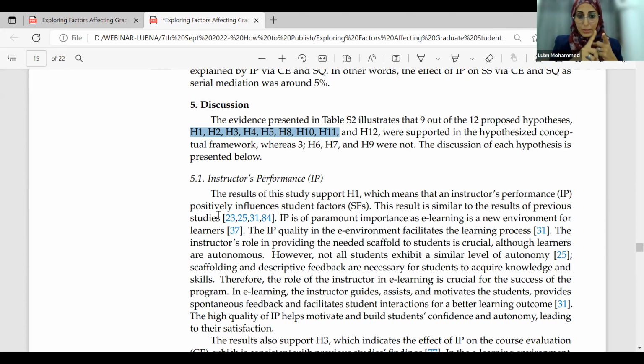Two main points to pay attention to. Number one, to discuss your study or results of study based on the objectives or based on the hypothesis. Number two is to support your discussion with research, previous research. Provide